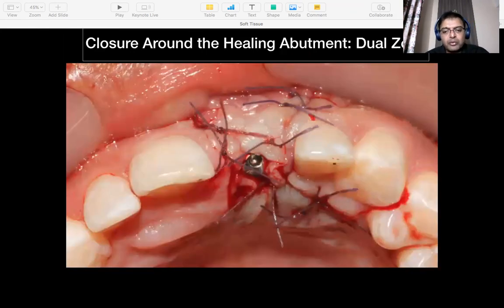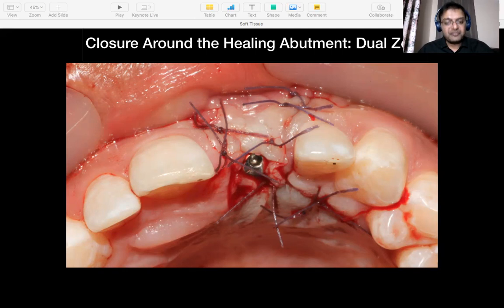Instead of a cover screw, we put a healing abutment and then sutured it up. So now what we have is a pedicle connective tissue, and the advantage of having the pedicle tissue is it carries its own blood supply and it doesn't involute. A free connective tissue at times can involute, whereas a pedicle tissue would never involute because it's carrying its alive